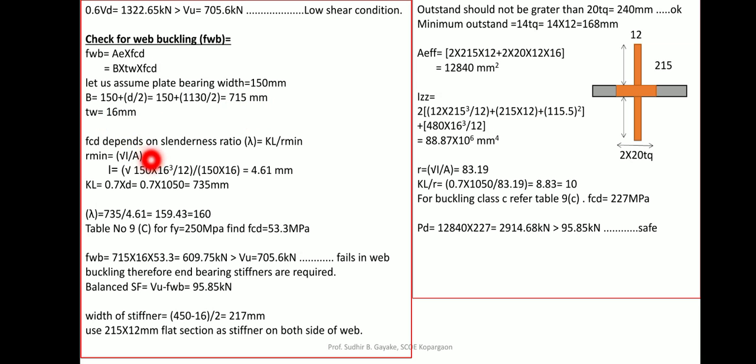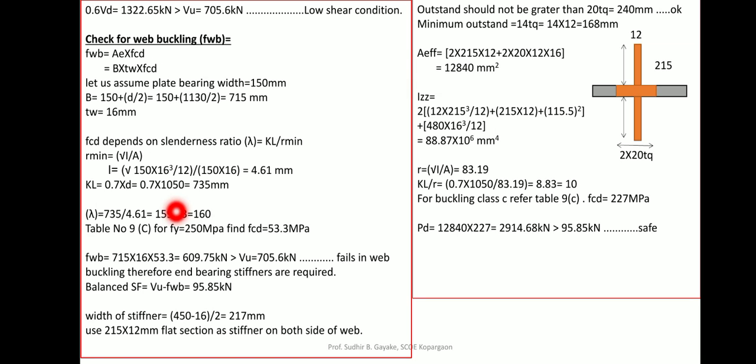Now FCD depends upon your lambda value, KL by r. For the KL by r calculation, initially r is to be calculated, and the r value is the square root of I by A. So just calculating those values,